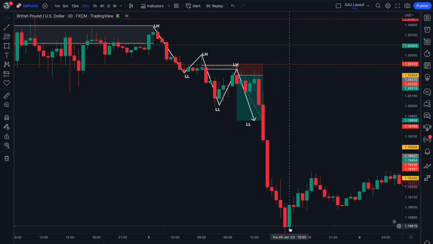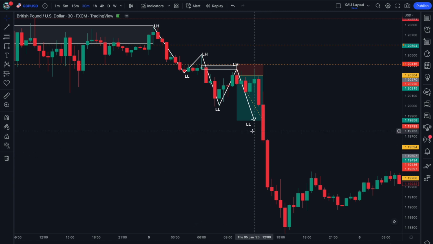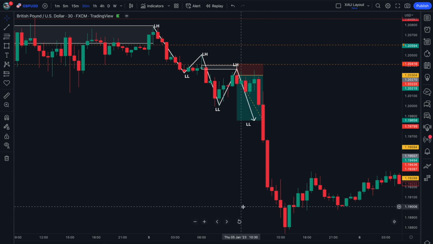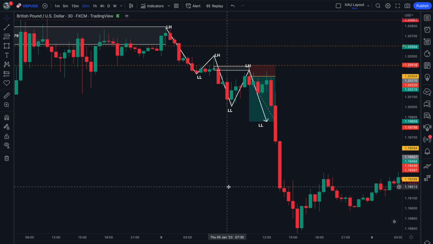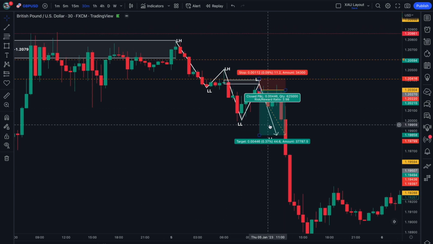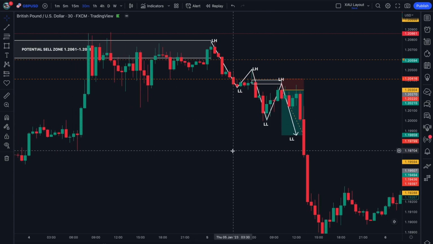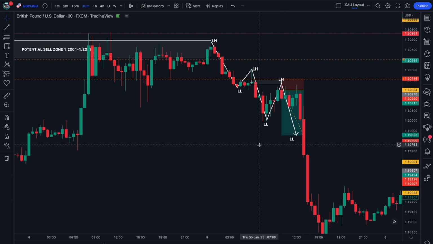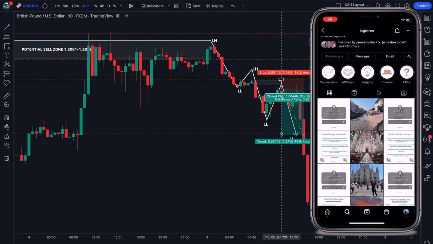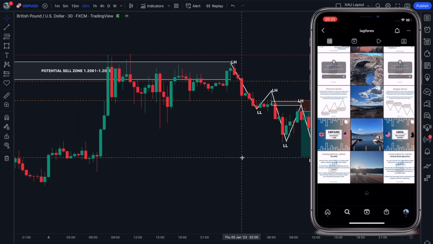So brilliant trade. Wasn't a hefty trade, wasn't a big one, but it was one that we took and we took full advantage of. We could have escalated our take profit and probably taken our take profit target away and just let the price run, but we like to walk away with take profit targets being achieved every time. So we stuck to what we thought was a healthy amount just above this structural low here, as you can see. I always do that with my take profits and stop losses. I always put them above or below structural points, and that's what we did here, and we got a take profit achieved on that. So that was brilliant.